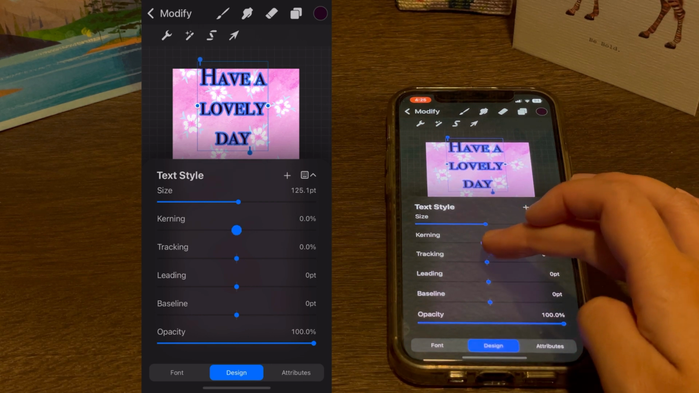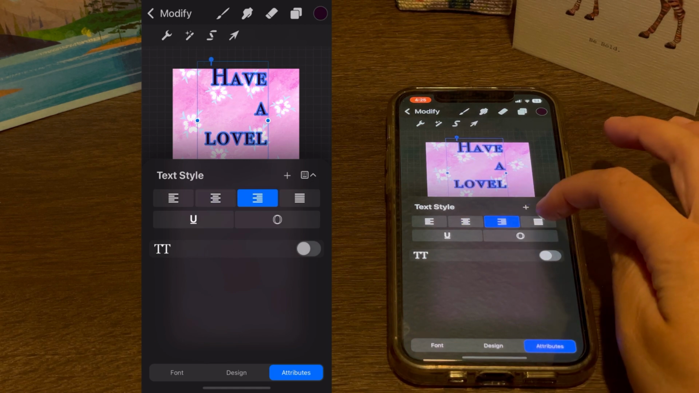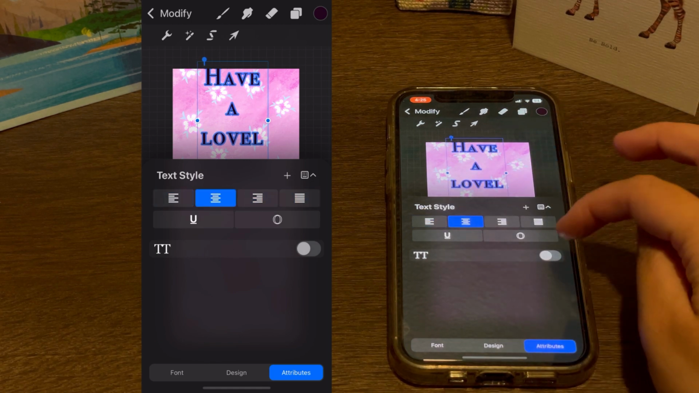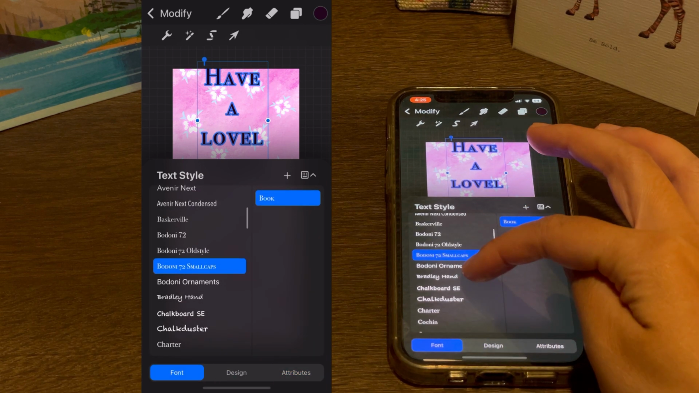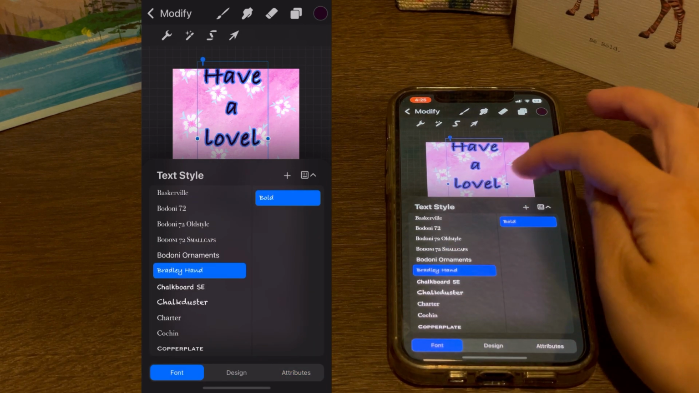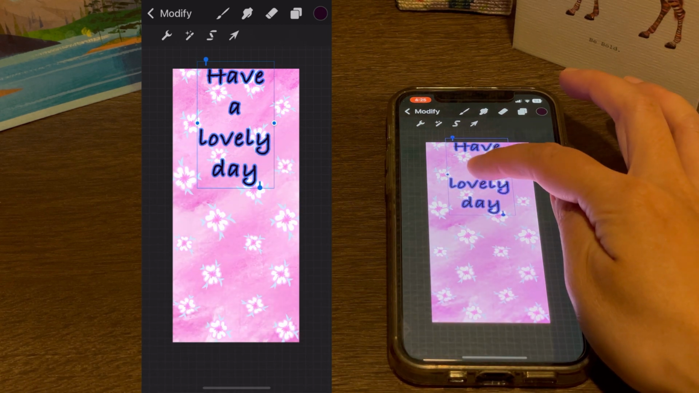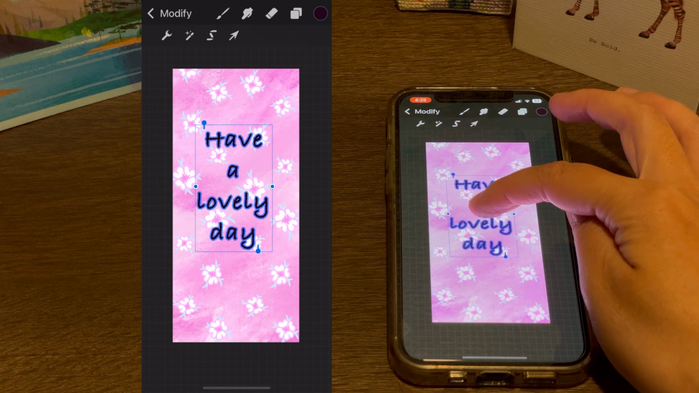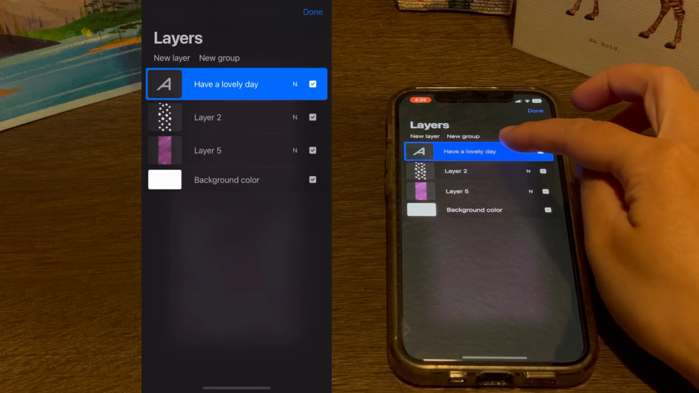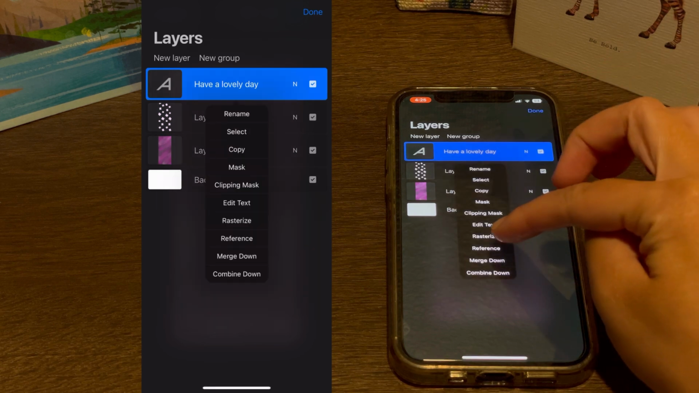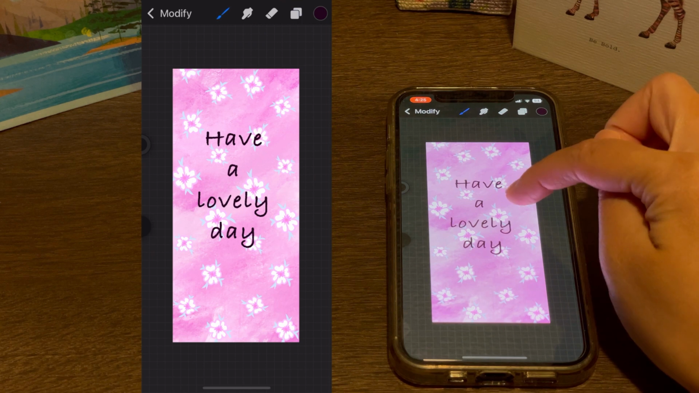Lastly, you can change the text with attributes and go through those options. Once you're satisfied with the text, then you can drag the menu back down so you have the full screen again. Then you'll click the layer icon on the left of the color drop, and you'll click on the layer itself to rasterize it. This will turn it into pixels and you can draw on it or erase it or